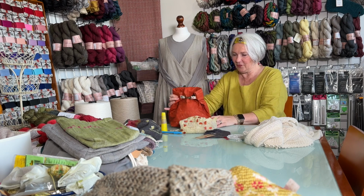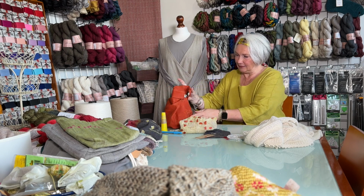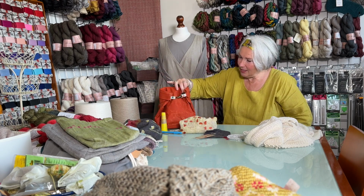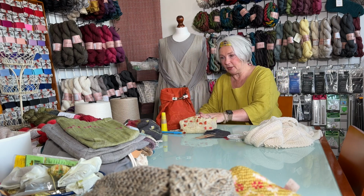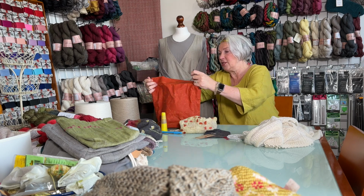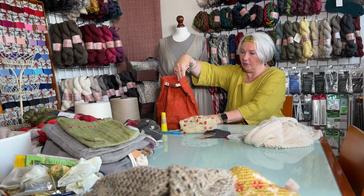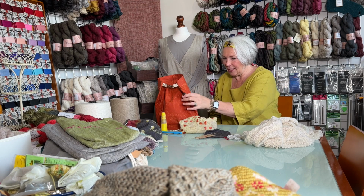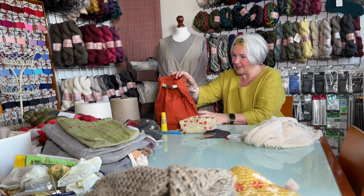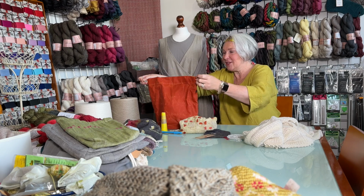I just am such a fan of these little bags. I'm calling it a little bag, but it's not actually that little. It's a wonderful size for a growing project like a shawl, and as you can see, you can then fold it. You can fold it over more if you're working on a smaller project, and you don't have to fold it at all when you're working on a big project. You can just close it like this and have more space for your project. I love it, and I love how the creases create this beautiful crinkled pattern on the linen, or on the canvas, I mean. So thank you very much, Estelle, for the super